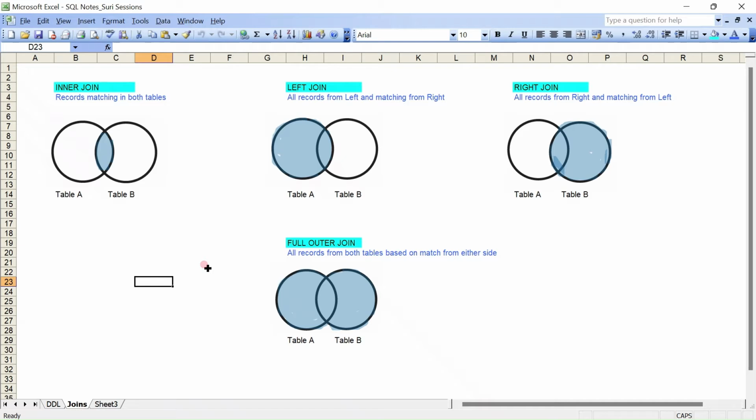Today let's discuss one of the most important topics within SQL, which is joins. I'm sure you might have heard about joins and the types of joins. So let's cover them on a high level: what is a join, what are the various types of joins, and how we are going to do that in